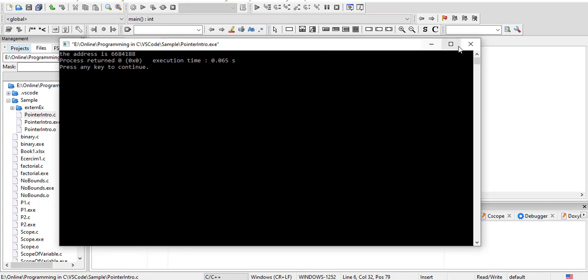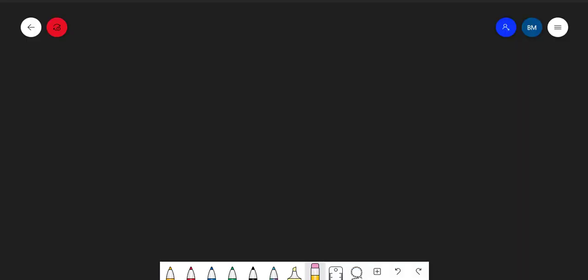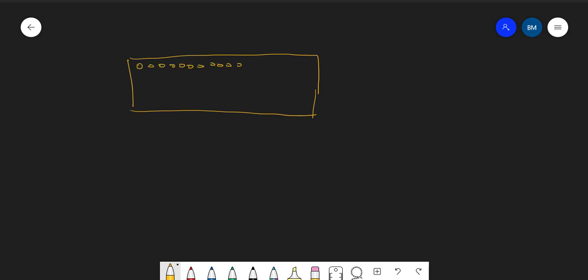Now, if you want to recap, we will do a quick revision. All the variables that you create in your program are stored in RAM. RAM has places to store these variables. A lot of locations are there in RAM. Each location can store a 1 or 0. These locations are collected together to form what is known as a word.